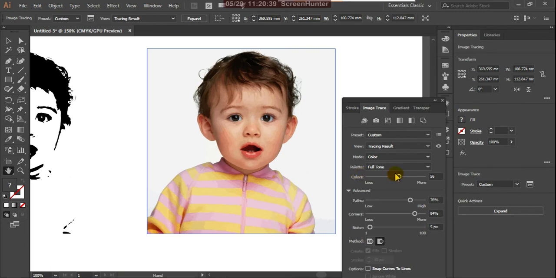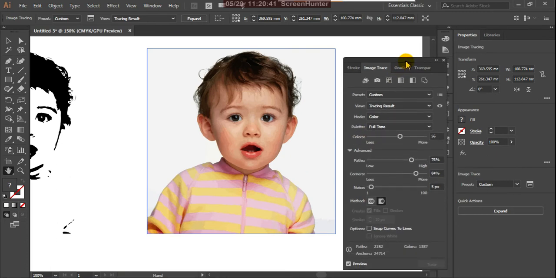so then here there are options. These are the methods. Abutting creates cutout. Okay, and here create stacked paths overlapping, and this is cutout paths.